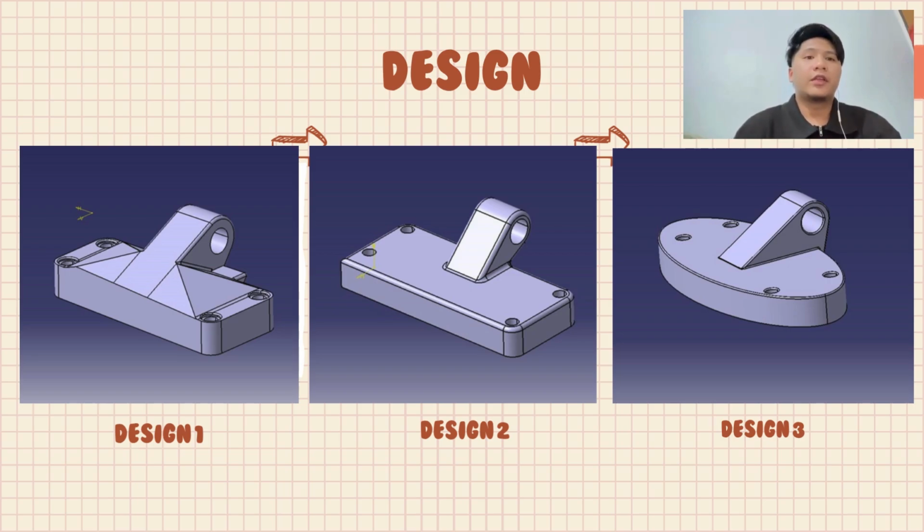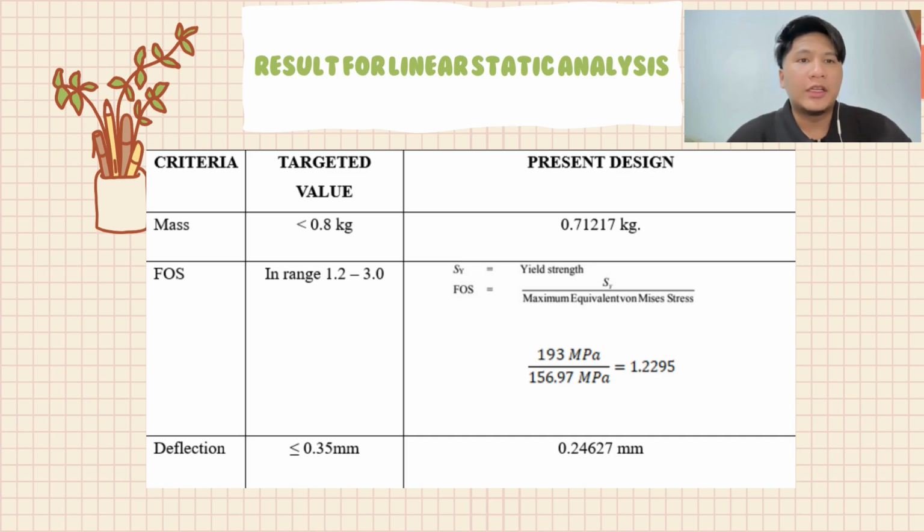As you can see in this slide, we created 3 designs which follow the specification given to us. This is design 1, design 2, and also design 3. After performing the linear static analysis for the 3 designs, only design 1 achieved the target that we need. As a result, you can see on the slide, design 1 achieved 0.71217 kg,